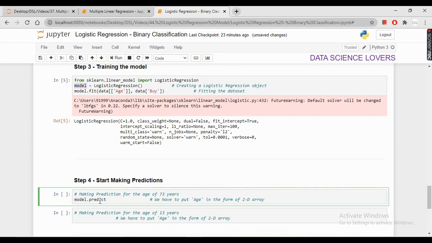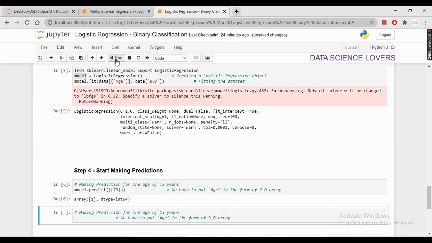So I am using this here, and after this I am using the predict function. In the predict function, we have to put our age in the form of a 2D array. So we are predicting for the age of 73. If I run this, it is showing 1, meaning that the person will buy the insurance.